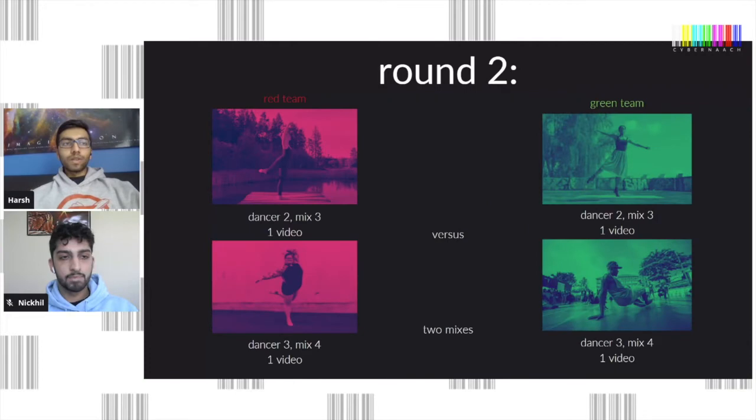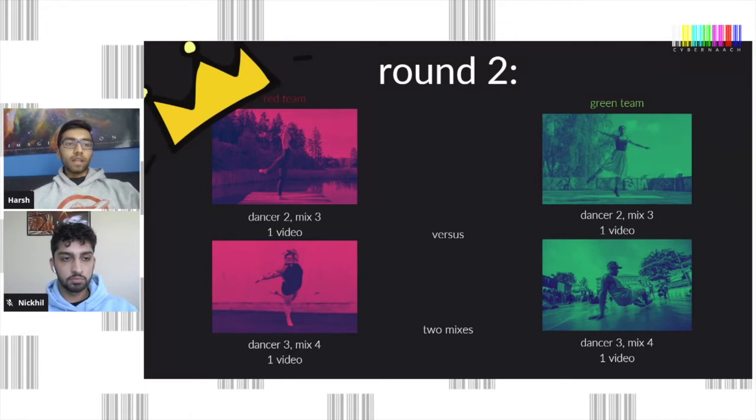In round 2, 2 mixes will be assigned to both teams. So each team will submit 2 videos of 2 dancers performing choreo. Since dancers can't repeat, we don't have dancer 1 in here anymore. Dancers 2 and dancer 3 will be dancing to these 2 mixes, mix 3 and mix 4. And they'll be going head to head, basically, with the green team dancers dancing to the same mix, mix 3, mix 3, mix 4, mix 4. In this case, for this example, the red team is going to win,